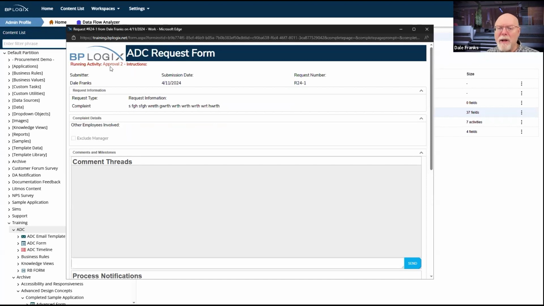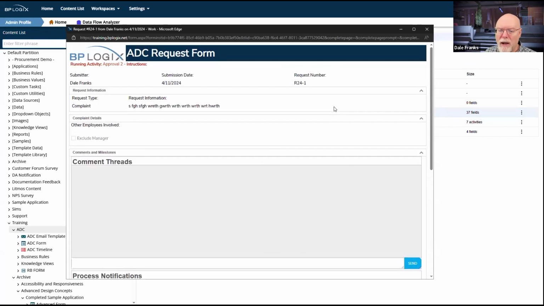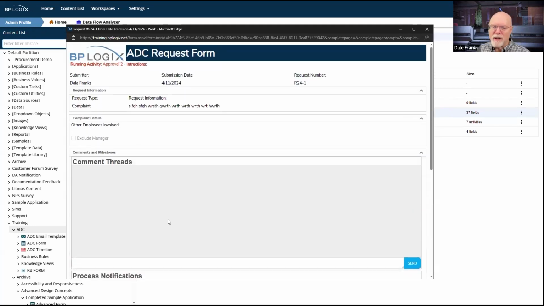All right, I am in the approval 2 activity. There are no instructions, so fine. This is all working. My form is enabled, so I can put in comments. I don't have any process notifications because I haven't made any milestones yet, other than the one that we made on the form at the end of last week. It is 24-1, so that is wrong. I'm going to need to fix that. I've messed up the formatting on that system variable, but it's otherwise great. I expected to start with 1.